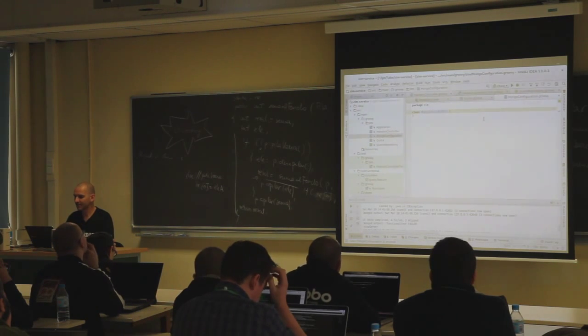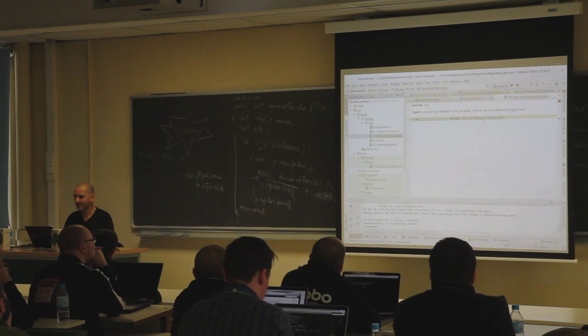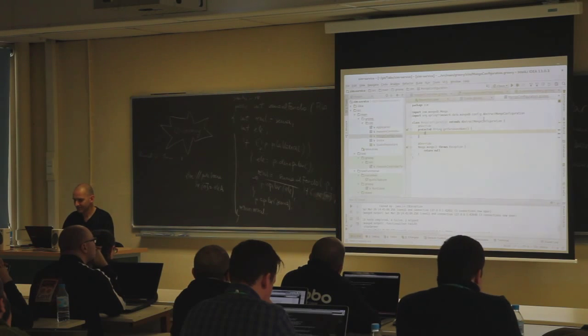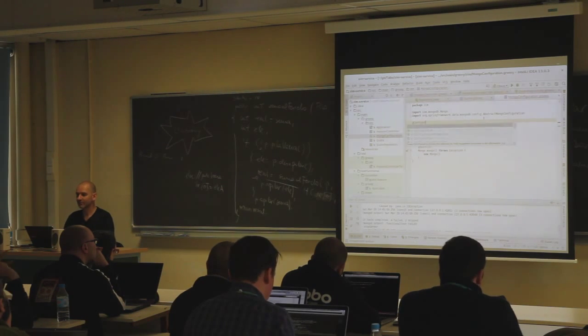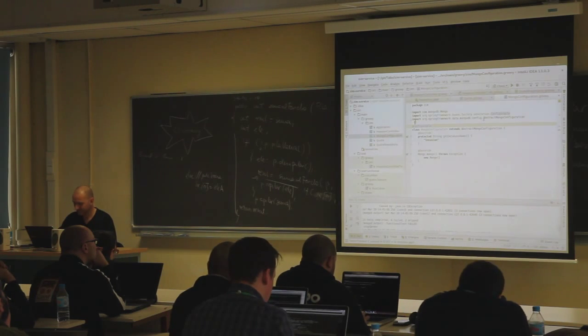Mongo Configuration extends abstract Mongo Configuration. There we go. It forces us to implement those methods. So we're going to connect to an invasion database, and we're going to return a new Mongo instance. There we go. And of course, this is at configuration, which is once again a component. So if we run that again,